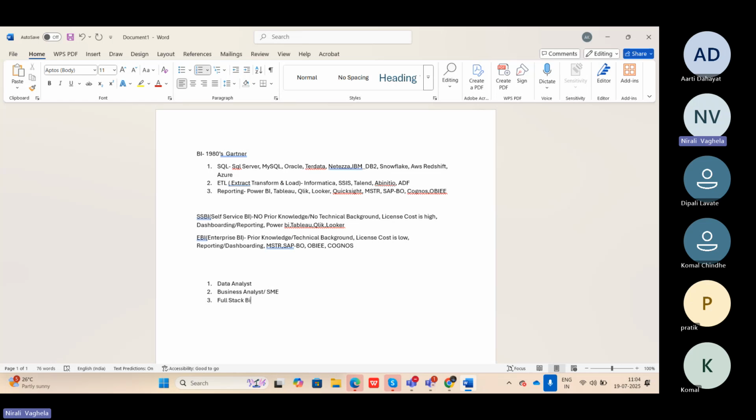So a full stack developer's salary will definitely be high compared to the data analyst, because a full stack developer will be handling everything from start to end. So that will happen here. Then lastly,